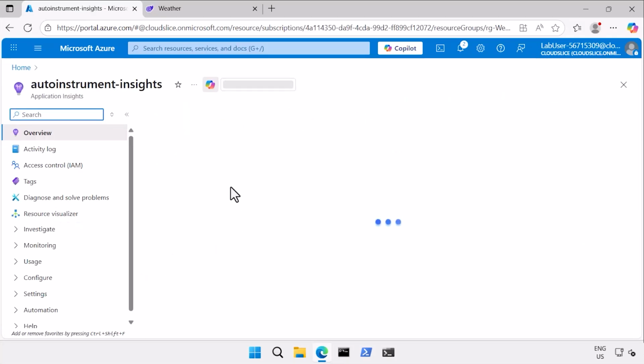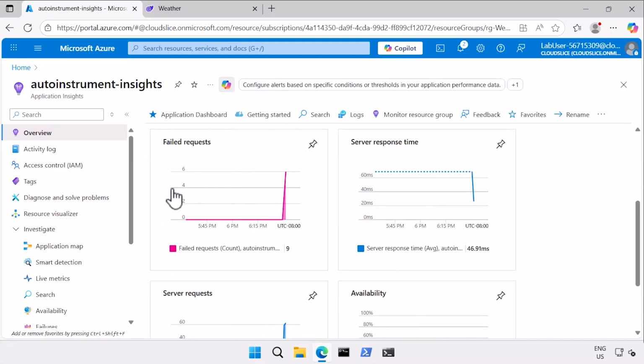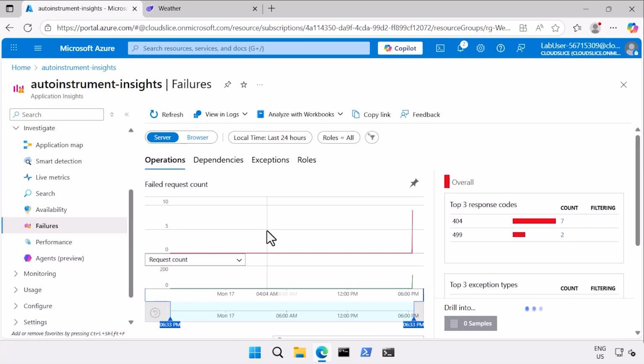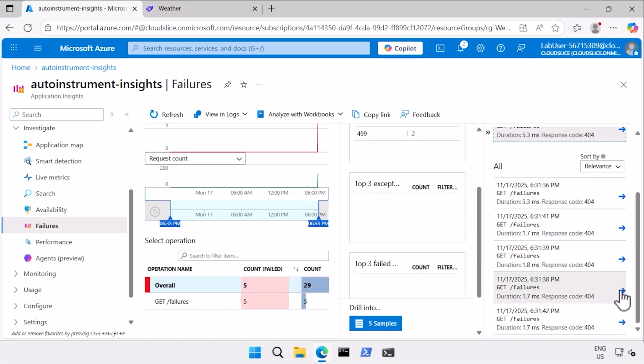I come in to investigate. This should populate with some information, failure requests, server response times. I'm going to come down into my failures. And you can see there's quite a bit of information in here that I can take a look at. I can actually drill down and get into the specifics of each of the failures